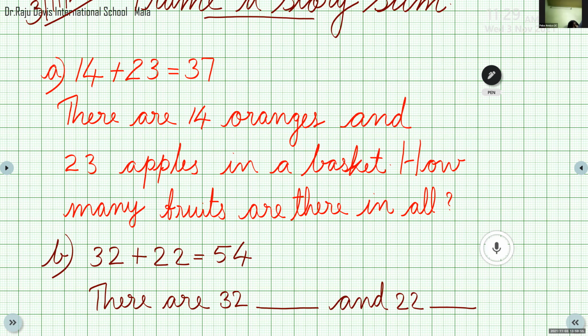This answer I will send to the group, so that time you have to check it. Now you write in your own way, and I will give the chance to any one student to read. Anyone completed the second one? Karthik completed? No. Okay, then please write. Please write the next one.